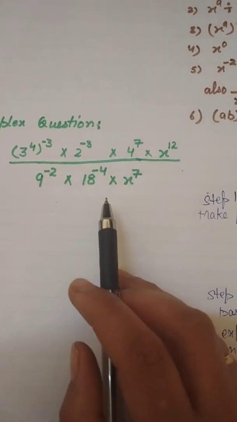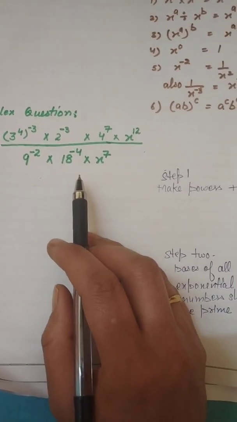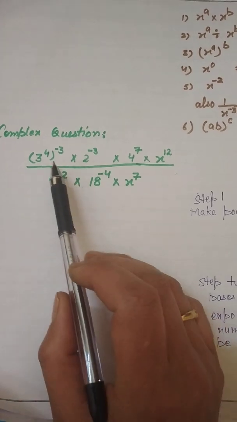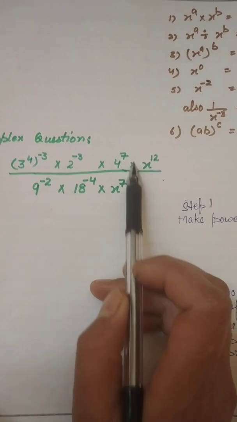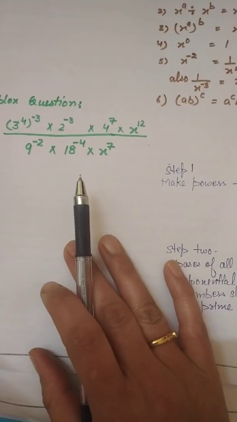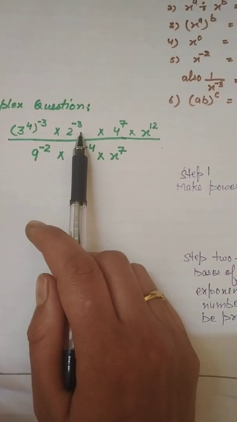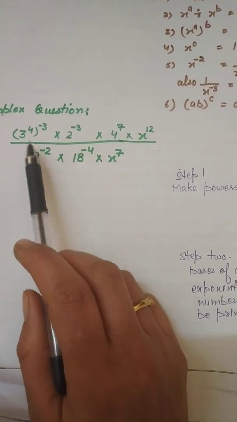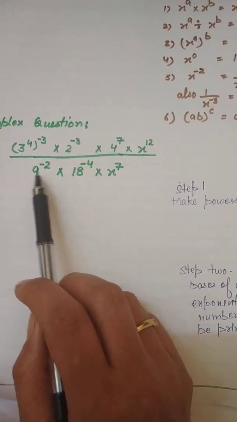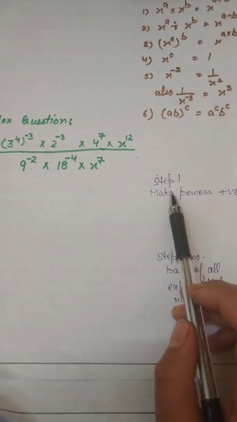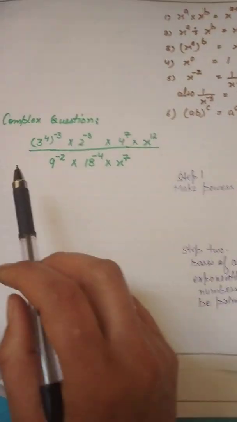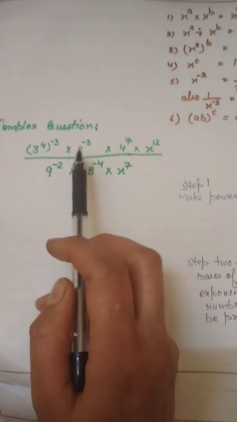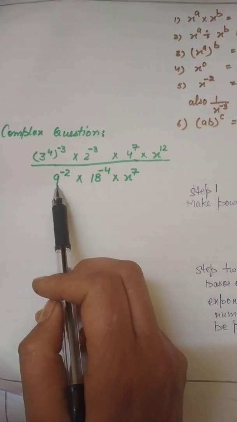Okay, those steps I mentioned in the sample example were: before we operate them with each other, let's simplify each one of them. And what is simplification? It means they should not have negative power. Secondly, their bases should not be composite. So let's conventionally take it that key step 1 will be making the power positive. Who all have negative powers here? This term, this and this. So first, step 1 will make the powers positive.